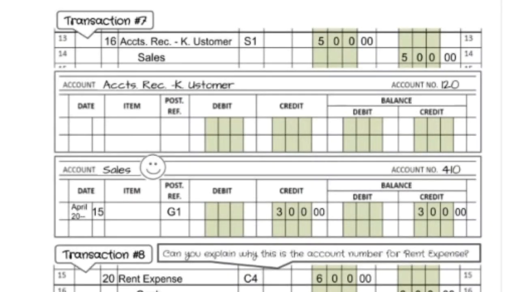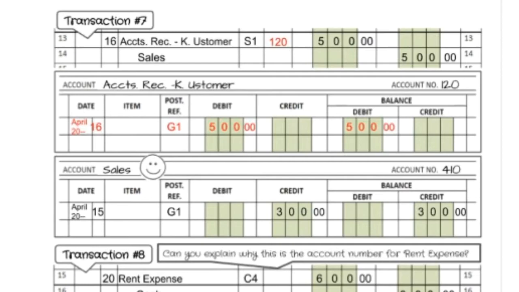Here we are on page 7 with transaction number 7. We have accounts receivable, K customer. So we're going to go to that account in our ledger. We're going to copy the date, G1 for general journal page 1. It's a debit of $500, and accounts receivable is an asset. So the normal balance side is debit, and we will record it in the debit side of our balance columns. Then we will record our account number 120 up in the general journal post-ref column, and then we'll move on